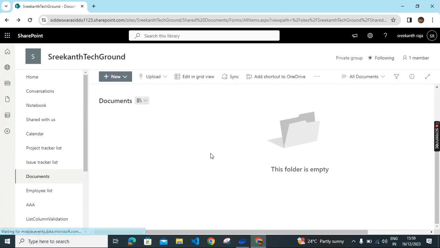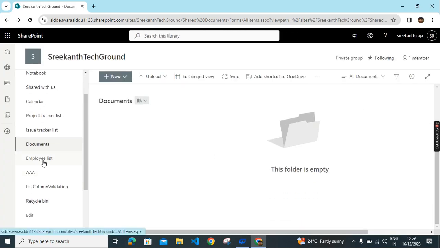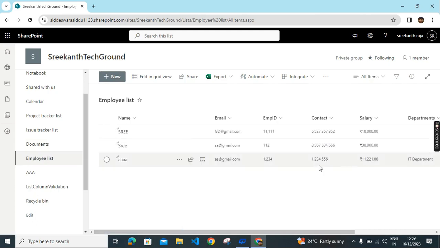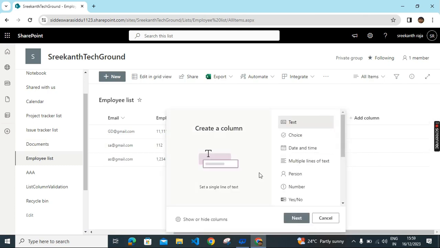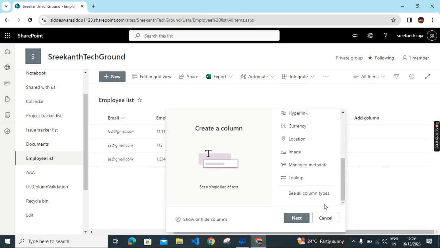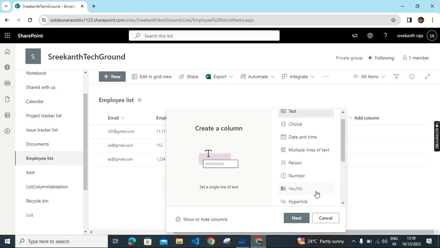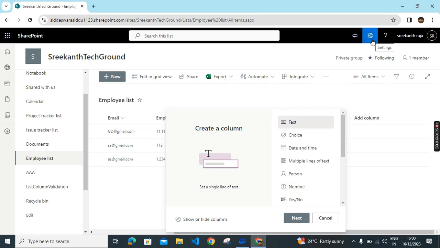Let's see now. Come to our employee list. Here also there is no option to add the content type. Click on add column. See, there is no option. So right now, how can we do this? First of all, keep in mind the first thing, so we have to